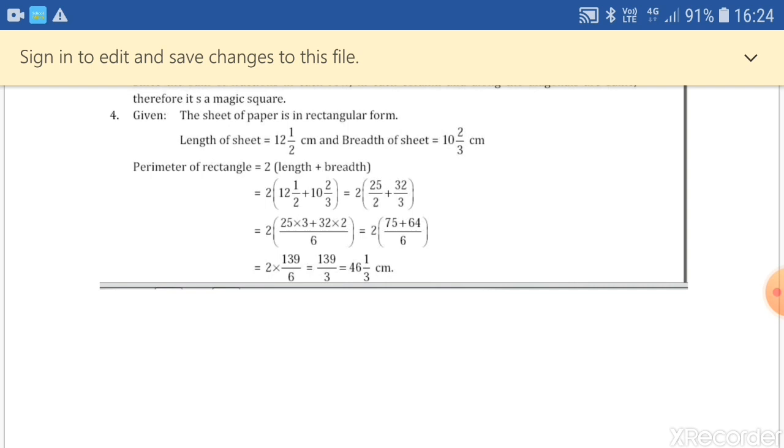We have to take the LCM, as we know. So the LCM of 2 and 3 will be 6. Now we have to make each denominator equivalent to the LCM. So how do we do this? We multiply 2 by 3, so in the numerator also we multiply by 3, that is 25 into 3. Similarly, we multiply the numerator 32 by 2, as we have to make 3 into 6. So 3 into 2 is 6, therefore 32 into 2. So 25 into 3 gives us 75, 32 into 2 gives us 64. So 75 plus 64 gives us 139. So 139 by 6 multiplied with 2 gives us 139 divided by 3, and